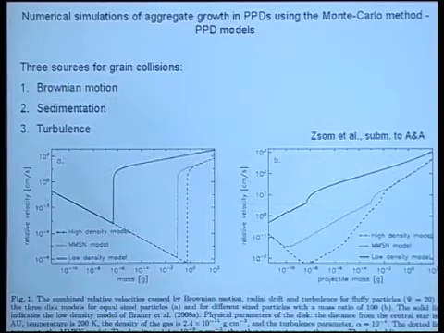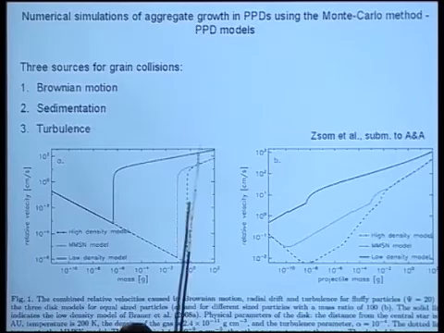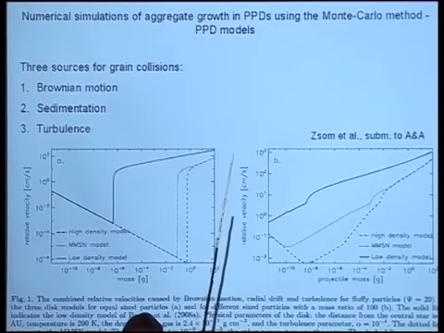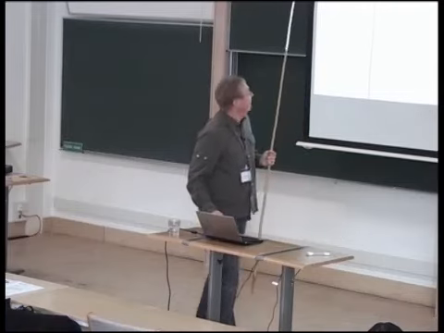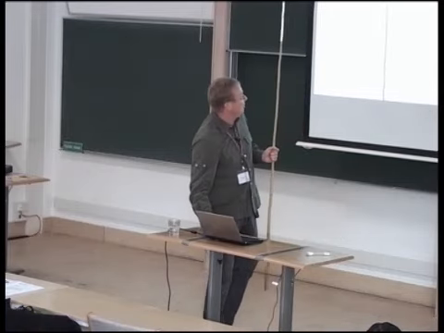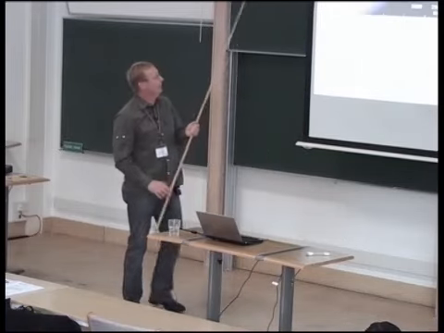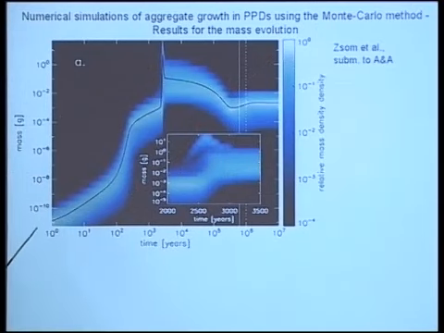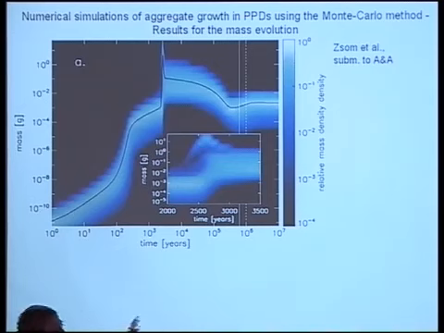Okay, these are the relative velocities between the grains, equal sized and with a mass ratio of 100. Included in the model are Brownian motion, sedimentation, although this does not displace particles, it's only the relative velocity, and alpha turbulence with variable alpha values. Standard is, I believe, 10 to the minus 3. Is that right, Andras? 4. Oh, sorry, 10 to the minus 4. Okay, so concentrate on the minimum mass solar nebula model at 1 AU midplane again, and this is one of the main results. This is the time in years, so be careful.